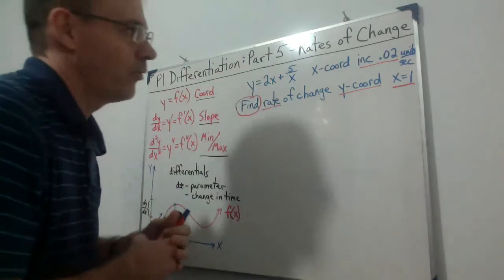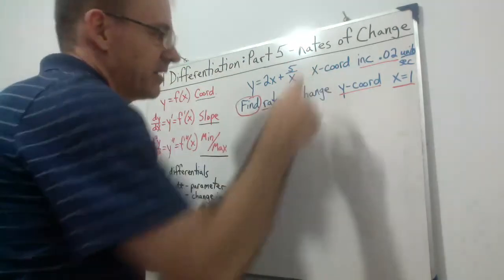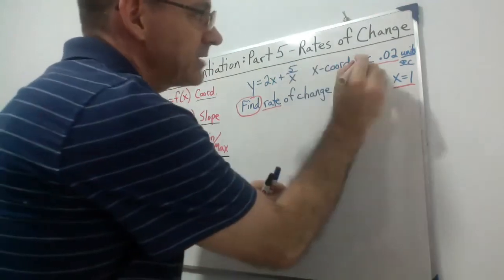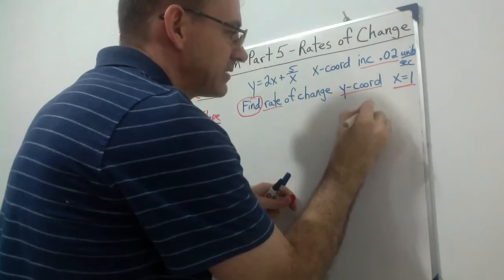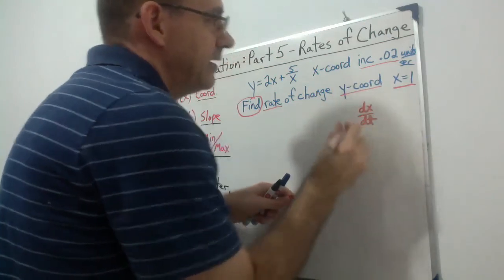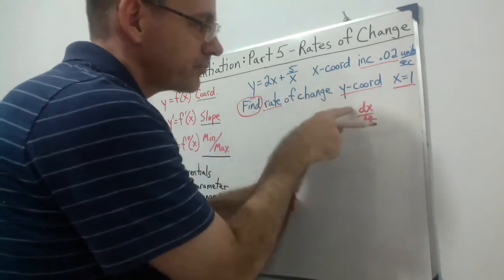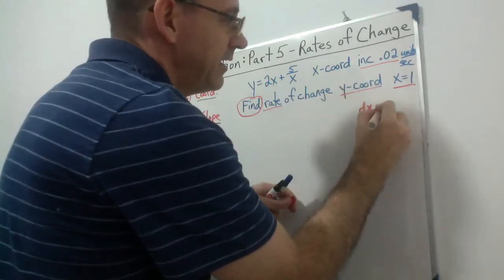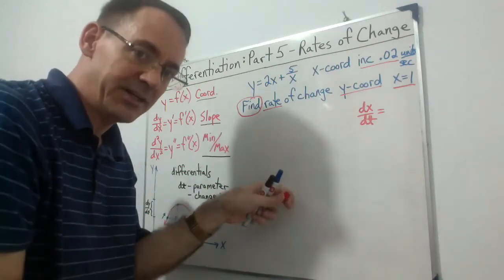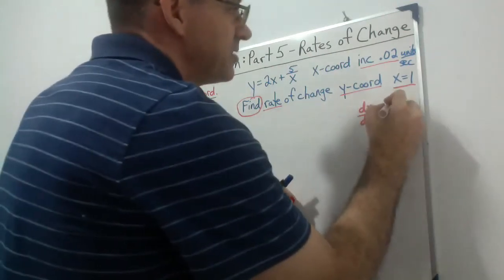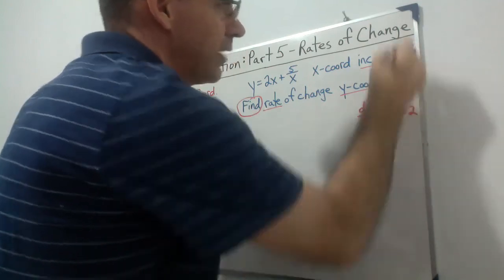So what we need to recognize is that this x-coordinate increase is your dx/dt, because it's units per second, and it's for the x. So dx/dt equals, and increasing means it's positive. Decreasing would be negative. So it's a positive 0.02, and it's units per